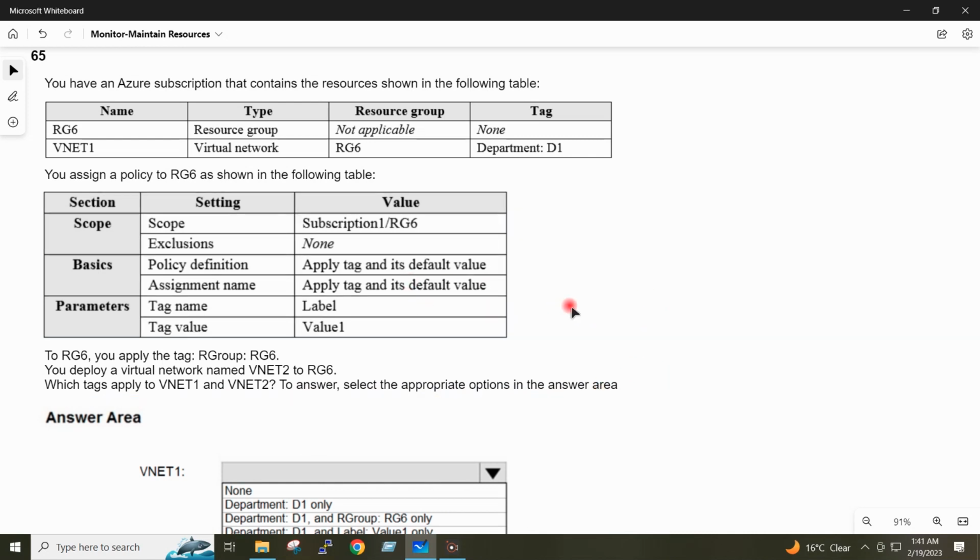The policy gets inherited to the resources. So we have assigned the tag through the policy to the RJ6. So it will get inherited. But we have assigned one more tag manually, resource group RJ6. So it will not get inherited because it has been assigned manually. And the tag which has been assigned through the policy will get inherited and it will be applied to the resources. So VNet 1,